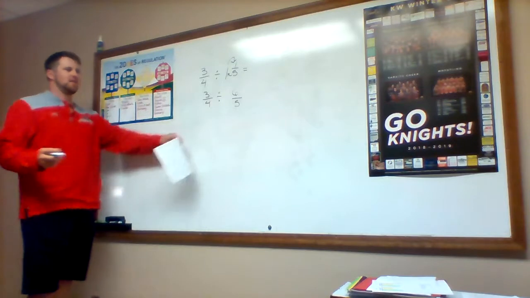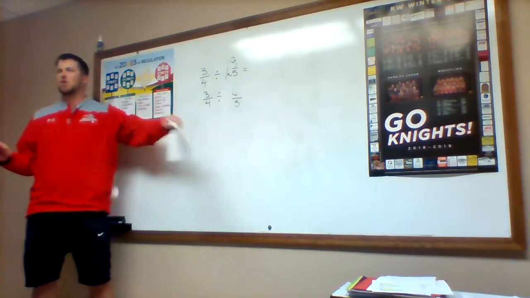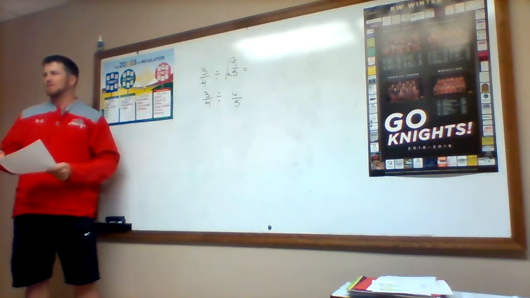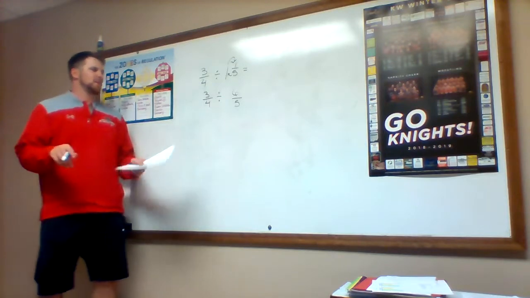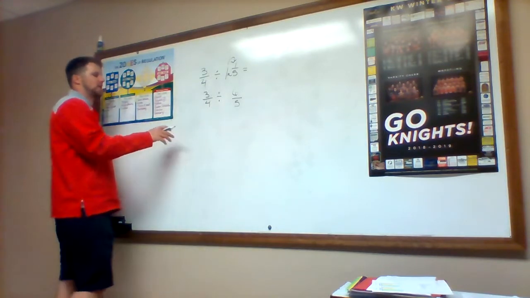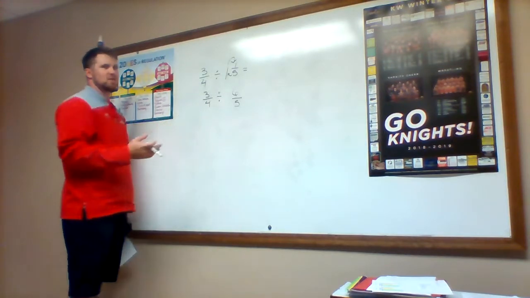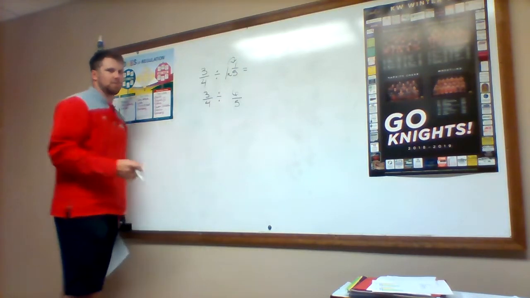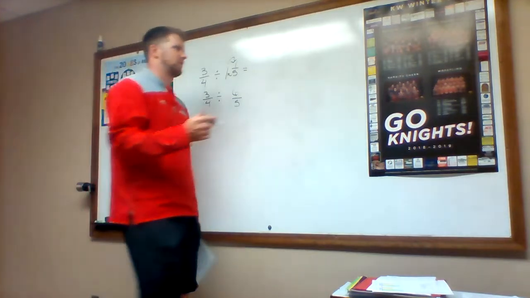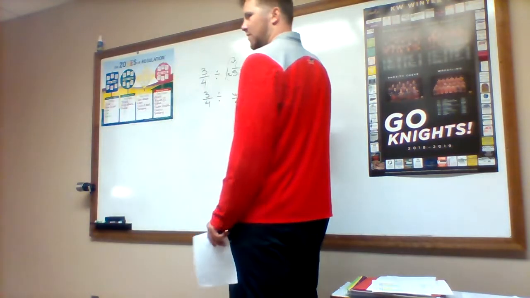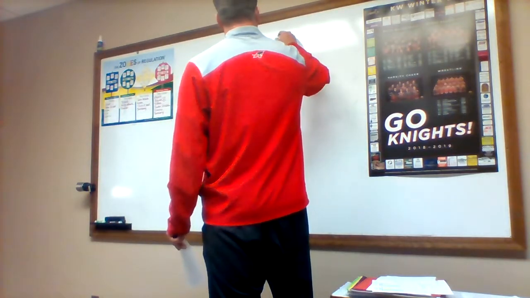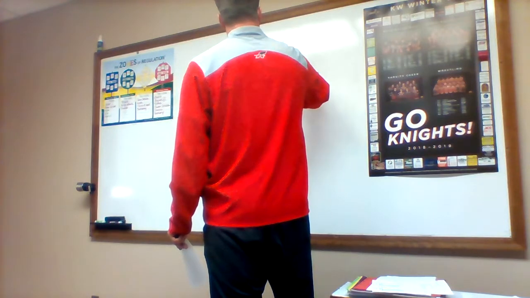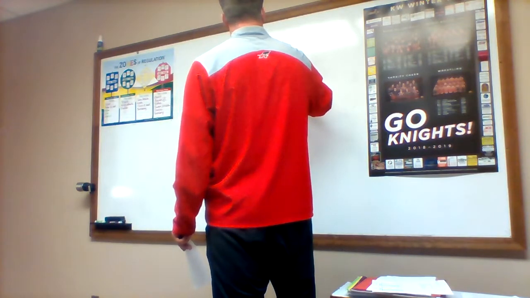Can we divide these two yet? No. Why can we not? They don't have the same denominator. So how do we do that? What numbers are the denominator, top or bottom? The bottom. So we have to find the multiples of those two, and we're looking for what? Numbers that are equal. So Derek, multiples of 4 are 4, 8, 12, 16,